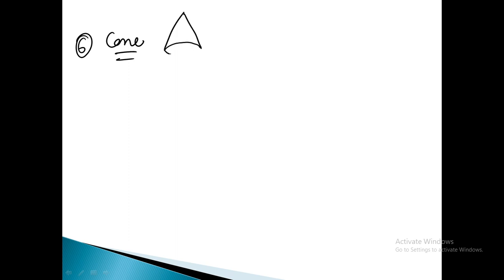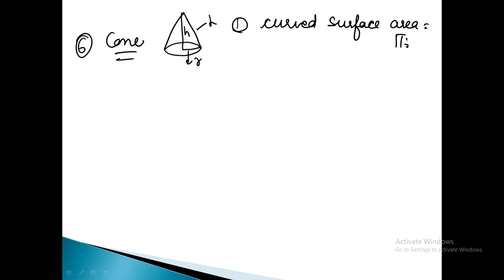This is a cone, and this is the radius, this is the height, and this is the slant height. This is known as slant height and is represented by L. So the first formula is curved surface area, that is equal to pi r L, and L will be calculated by square root of r square plus h